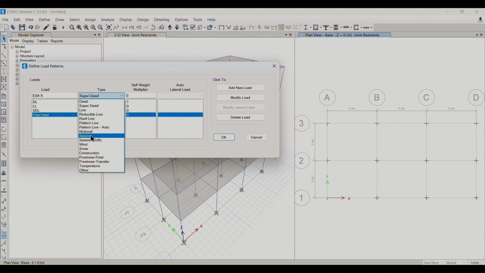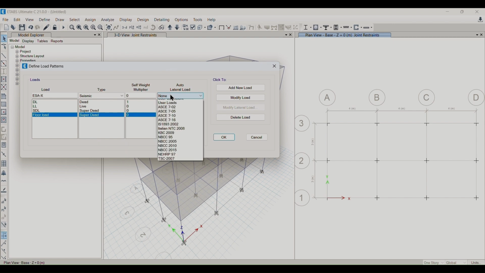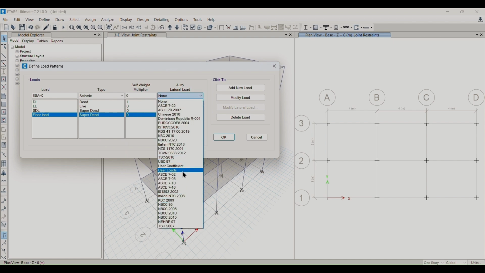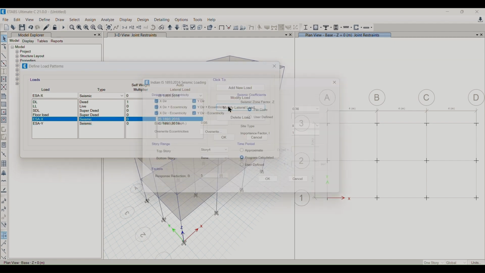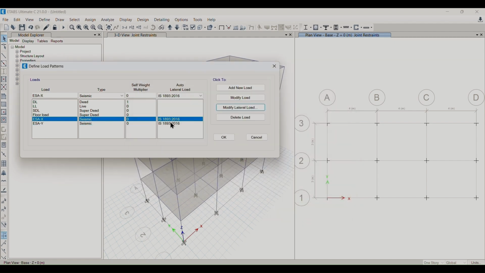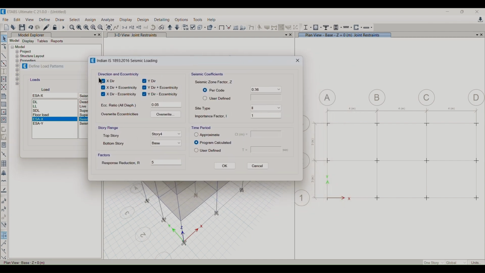Load type is seismic. Auto lateral load, you can see here according to Indian code IS 1893 2016. Add. And same for Y and add. But remember one thing, here you have to modify the properties. After going to the ESA, go to the modify lateral load, and you can see here for ESA you have to